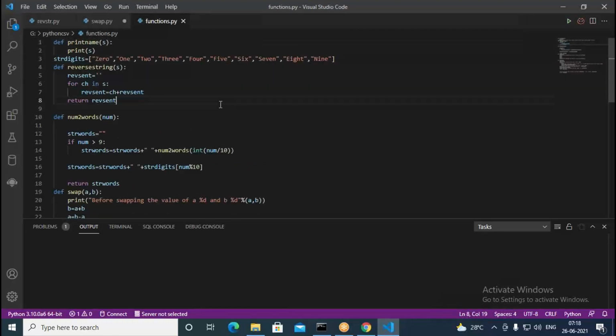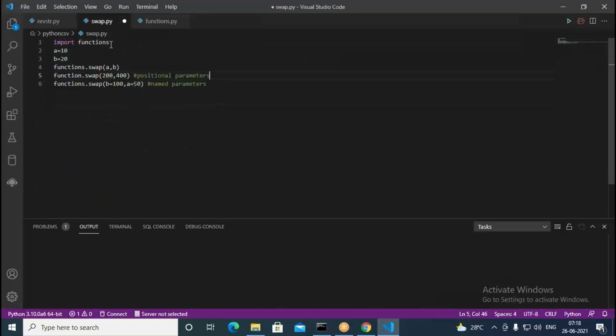Therefore, you can write this as from functions import swap. And now you don't require functions.swap, you can just write swap.